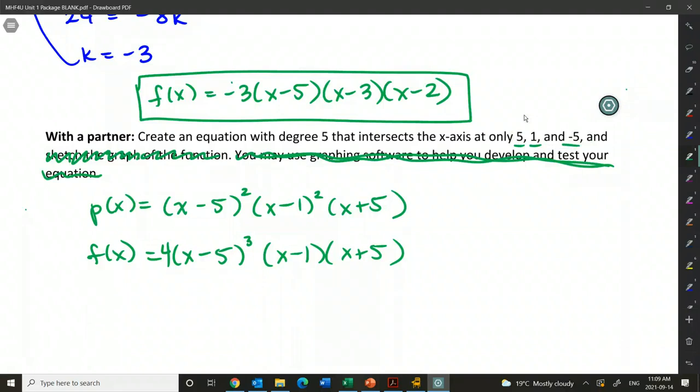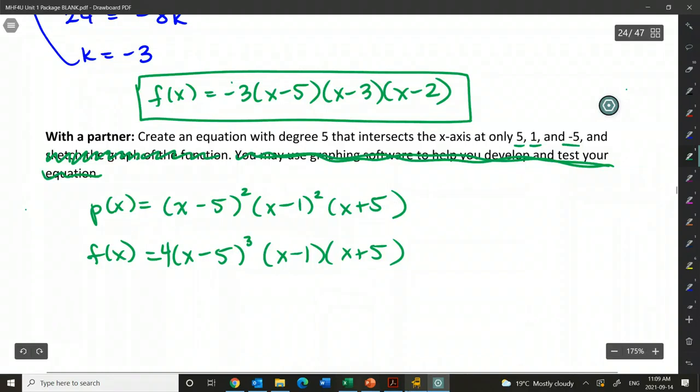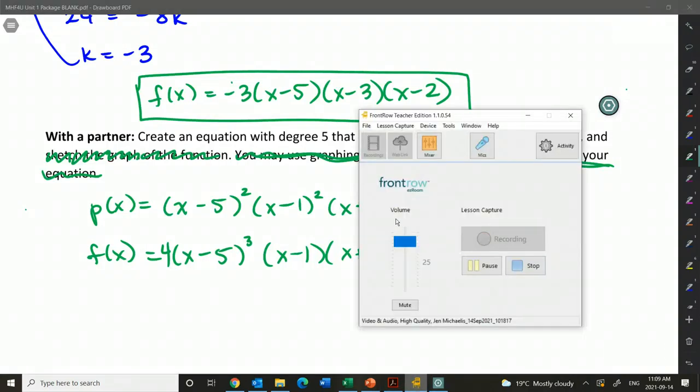Okay, so any combination, as long as you have those 3 brackets and you have orders or exponents on those brackets that add to 5. Okay, and you can have a number out front here, or you can just leave it as 1 by leaving no number out front. All right. So we're going to continue